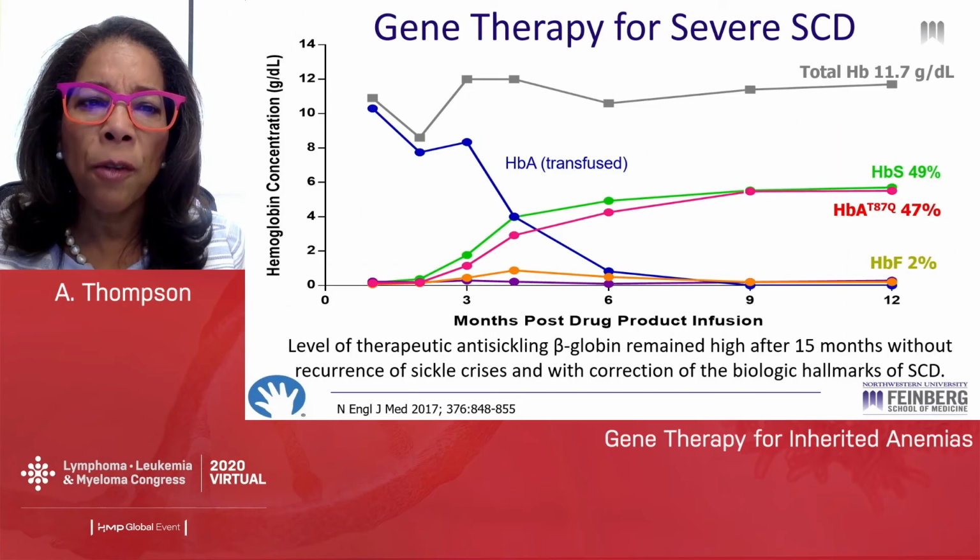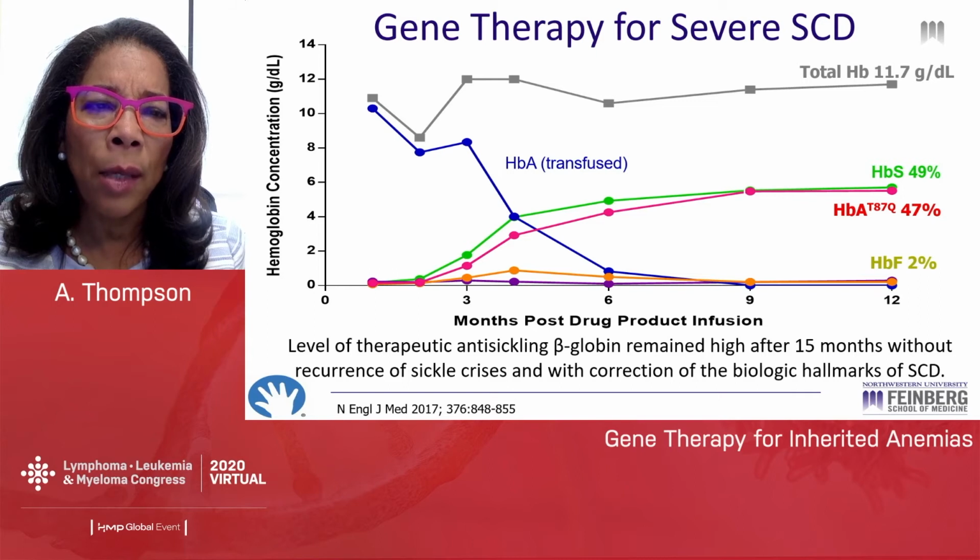This was shown in a proof of principle publication from the group in Paris under Dr. Cavazzana's direction. This was a young adolescent sickle cell patient who was on chronic transfusions for a stroke and therefore had predominantly hemoglobin A from the blood bank. After he underwent gene therapy, you can see the drop-off of the hemoglobin A as his transfusions were stopped, and